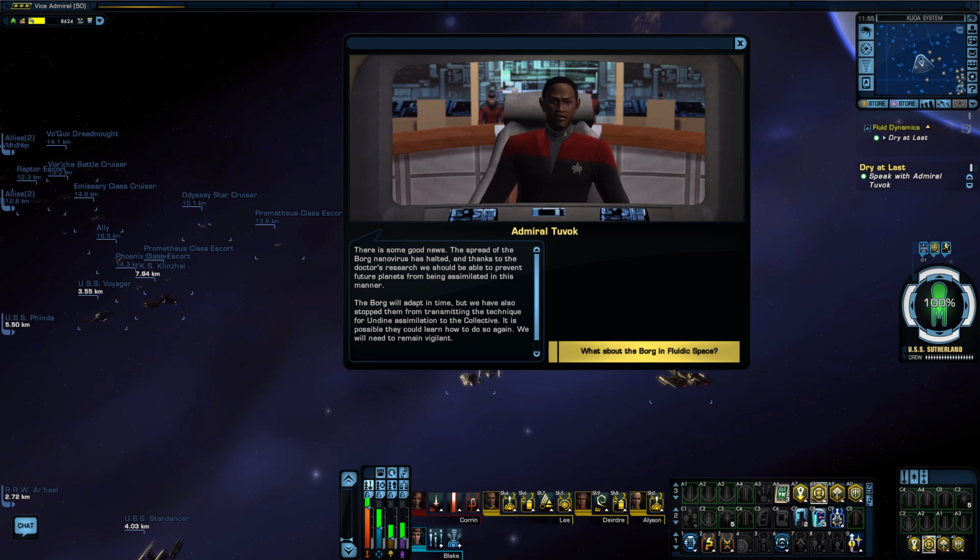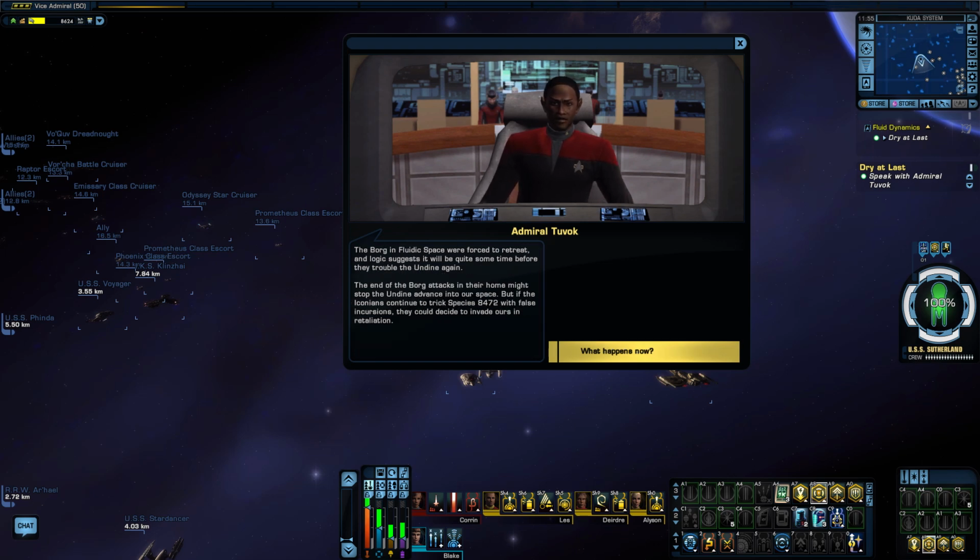Right, so I'm assuming that ties into the revamped episode still. The Borg in fluidic space were forced to retreat, and logic suggests it will be quite some time before they trouble the Undine again. The end of the Borg attacks in their home might stop the Undine advance into our space. But if the Iconians continued to trick Species 8472 with false incursions, they could decide to invade ours in retaliation. Well, let's face it, that's basically what they're doing anyway, and we don't know how long the Iconians have been mucking around with that trick, so...